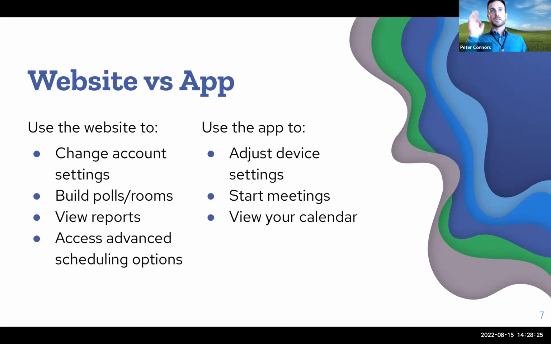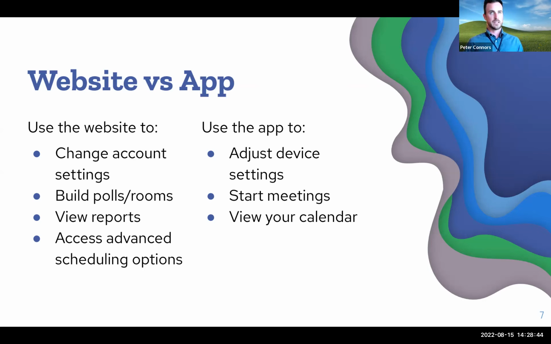As far as the app's concerned, it's a great place to just pop open my Zoom room and send out an invitation. You can just do that right in the app, and it's really quick. Also, you can connect the app to your calendar so that you can see upcoming meetings that are in your Outlook and get them to show up on the app.